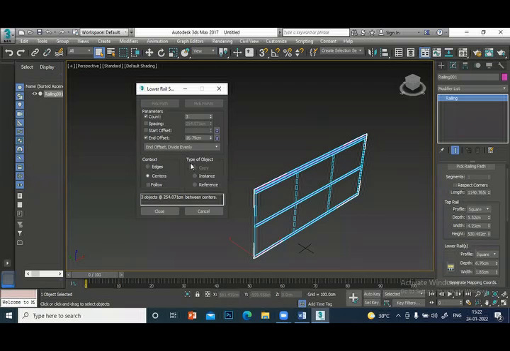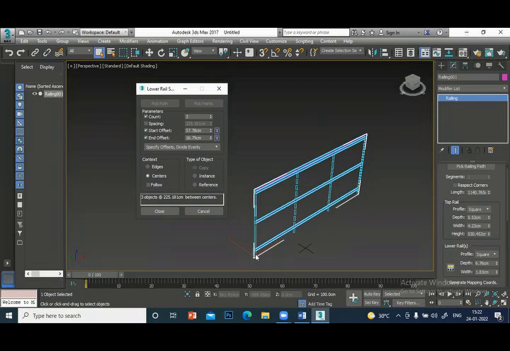Here, some changes are coming here. Start. You have to increase more value. Let's see. You can increase that lower offset. See, from the bottom it is increasing, going up. Okay, that you can adjust.